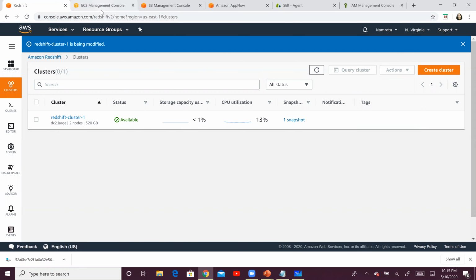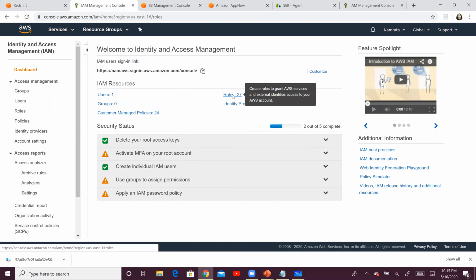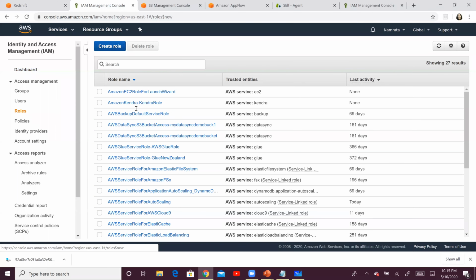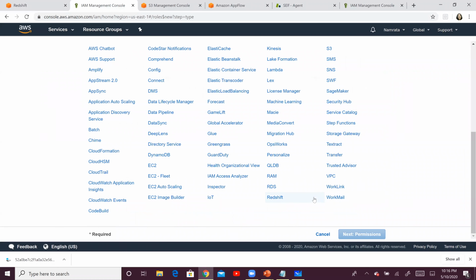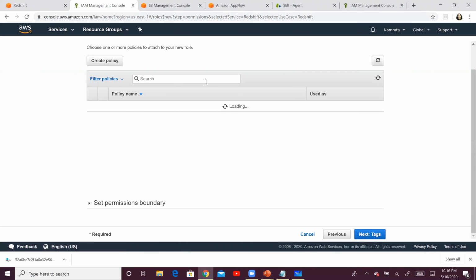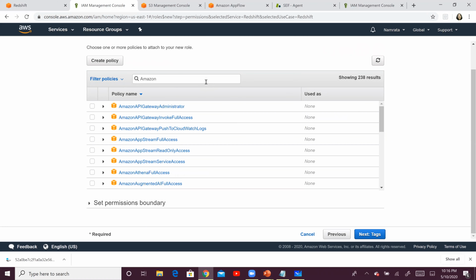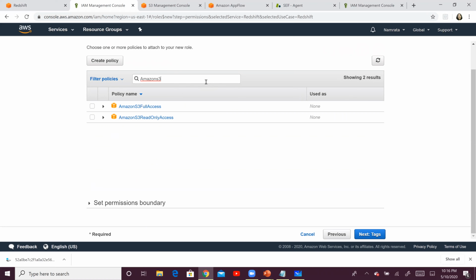So this is my Amazon console. Let's go to IAM and create this role. Click on roles, create a role, and select Redshift. Then select Redshift customizable and click on next permissions. Over here, we will select a policy that provides read-only access to S3. So this is Amazon S3 read-only access. This policy is available. Click on next,